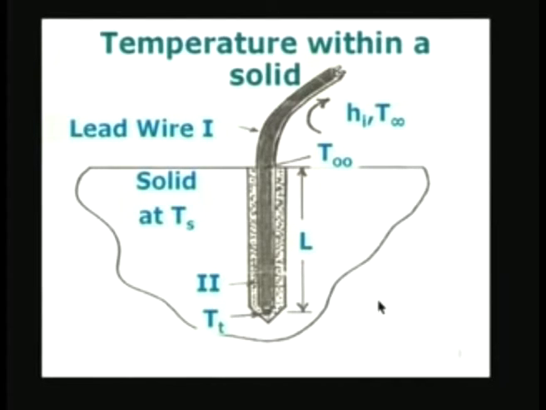The second example I am going to take is the temperature measurement within a solid by using a thermocouple. So, the solid material is shown here at the bottom, and the temperature is going to be measured by using a thermocouple which is inserted into a blind hole. So, I have a long, deep blind hole whose length is L, and the thermocouple is embedded up to that depth. The thermocouple is actually here at the bottom of this well, and between the thermocouple and the side walls of the drilled hole, I can use some kind of a packing material which is a good thermal conductor.